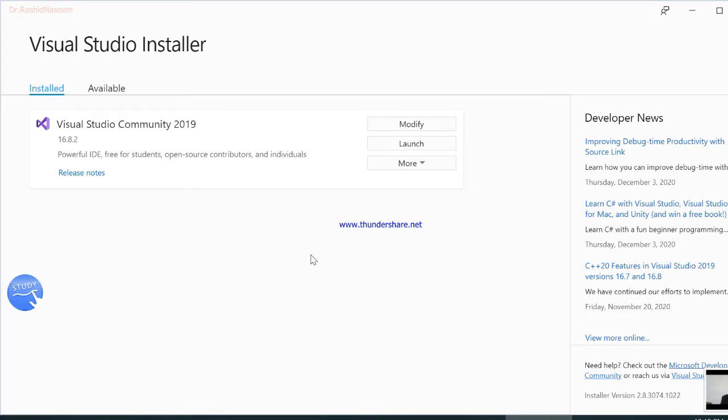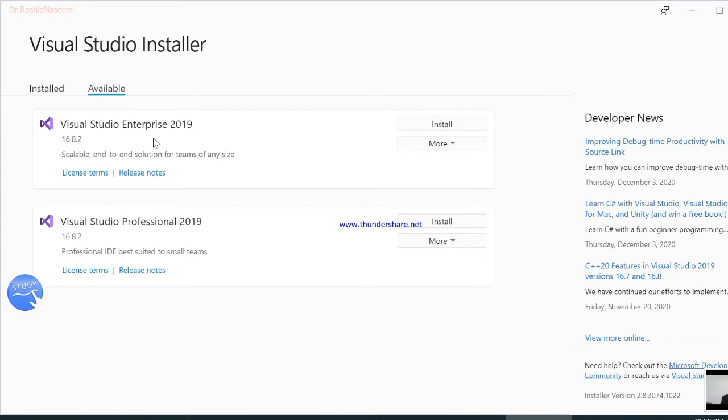Here you can see there are two tabs: Installed and Available. In Installed, we can see Visual Studio Community 2019, and in Available we can see Visual Studio Enterprise 2019 and Visual Studio Professional 2019.